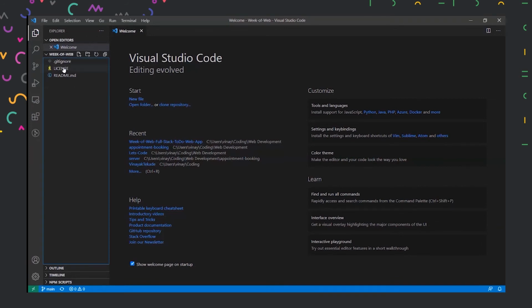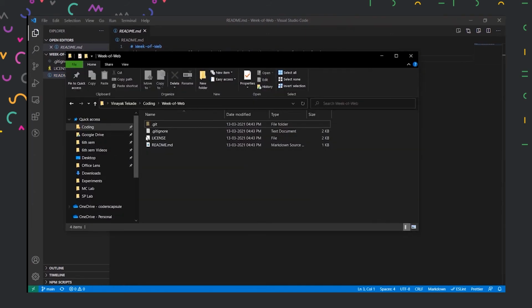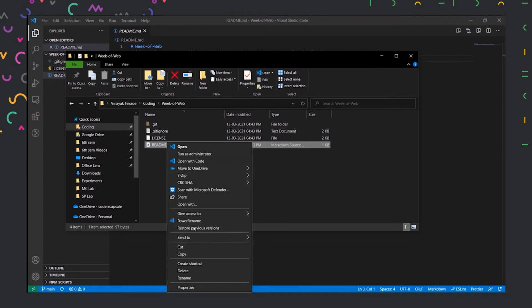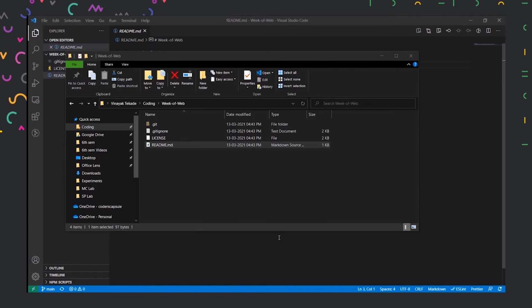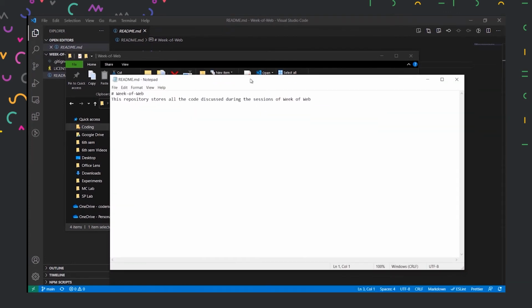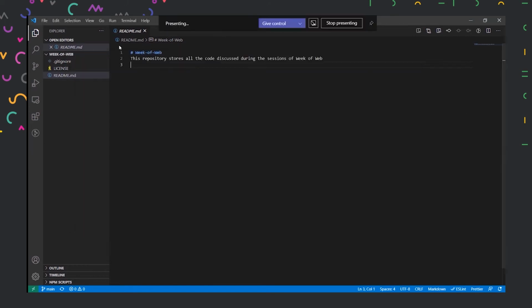All right, so all these files are there. If we click on any file, let's say I click on the readme file, all the contents of that file are shown over here. If I were to open this readme file in Notepad, all the contents of what the code is written will be shown in the Notepad, right? But all this process of opening and selecting apps could be avoided directly from here. It makes our development process faster.